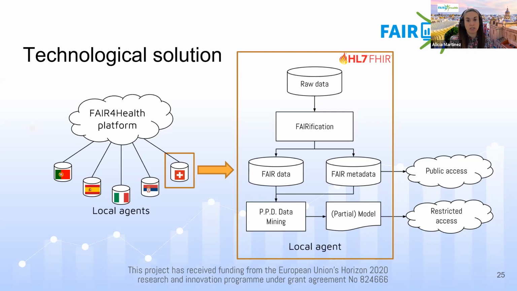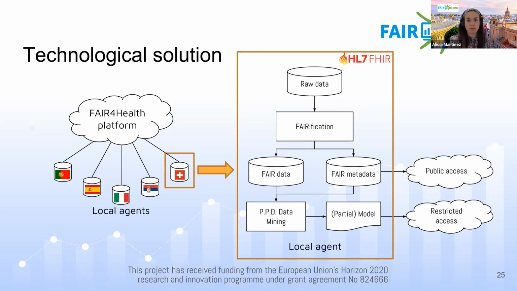At the end of the verification workflows, the datasets will be normalized, curated, and mapped to domain vocabularies and ontologies, acting like data FAIR ports. The agents are going to execute data mining services to be run locally without the need of hosting these datasets outside the owner's premises.